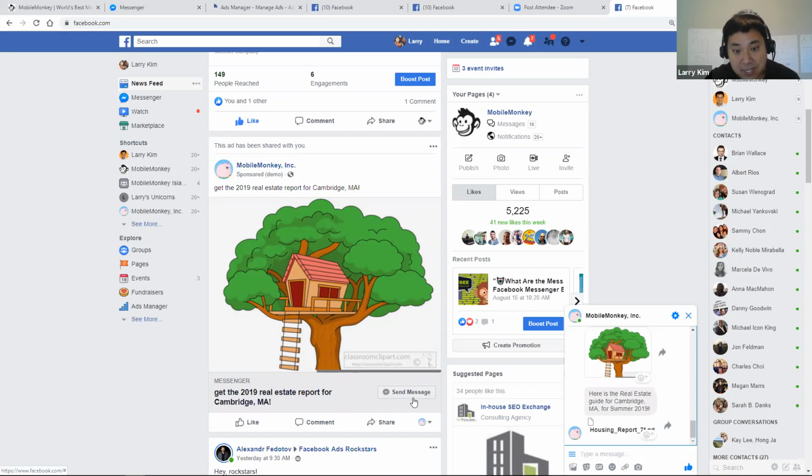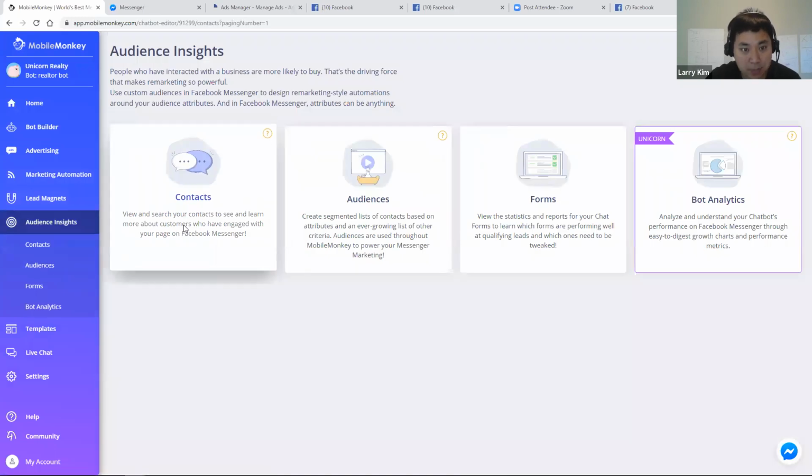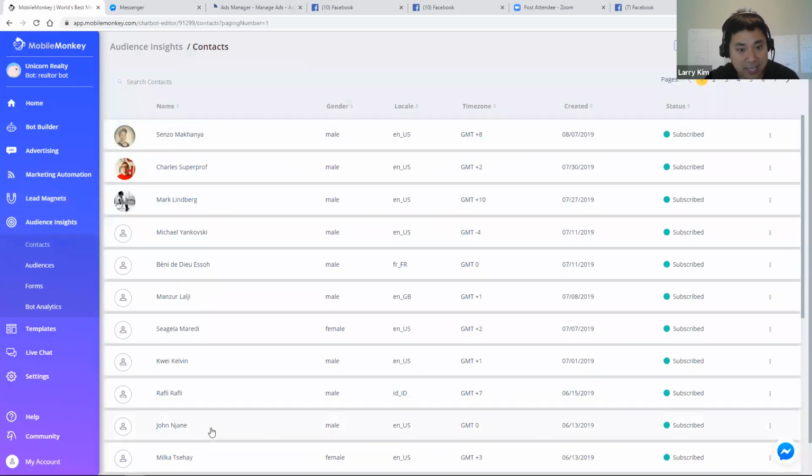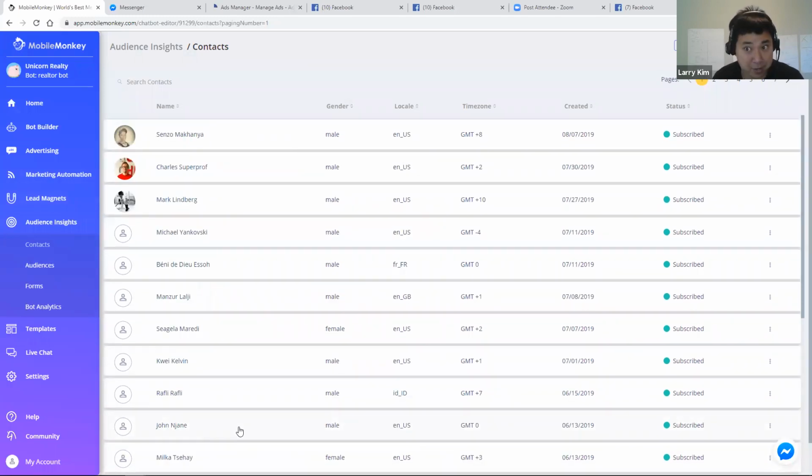Okay, so as soon as somebody clicks on this ad, their contact information gets sent to Mobile Monkey, and you can see here, look at all these names here. These are all the subscribers for messaging of this page. It's kind of like in MailChimp how you have a list of subscribers for email, except that in Facebook Messenger ads, every time someone clicks on the ad, they become a subscriber to your messaging channel, and you can periodically send them paid or organic updates via Messenger. That's crazy. So you can think of it as like a 100% conversion rate, because you get permissions for